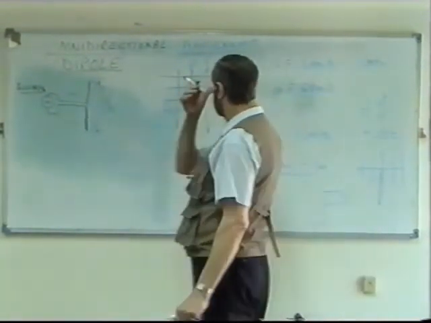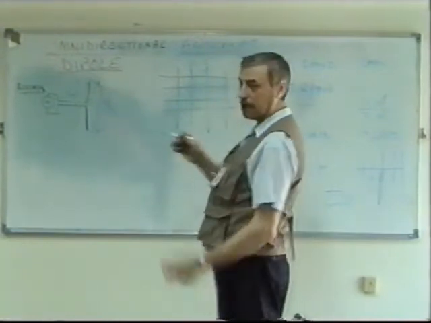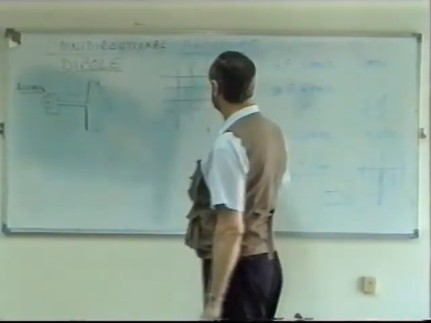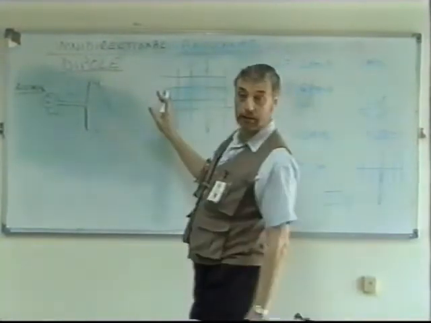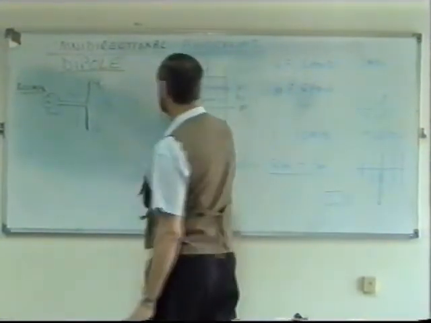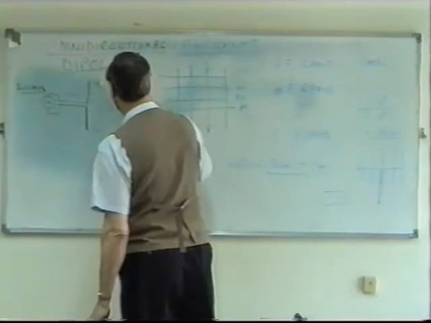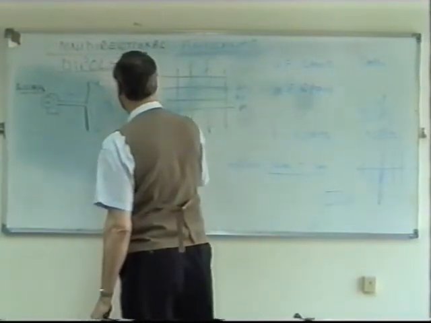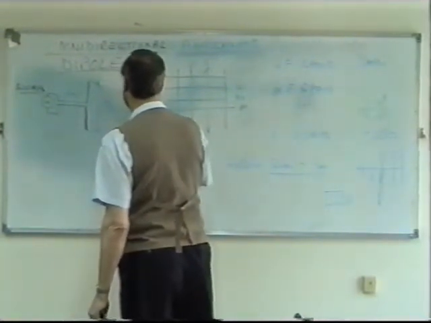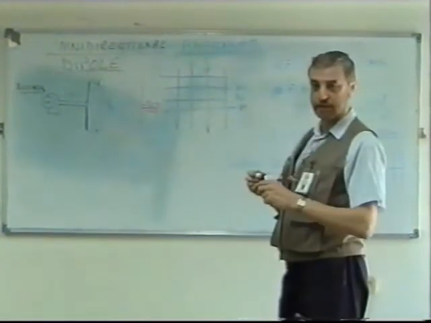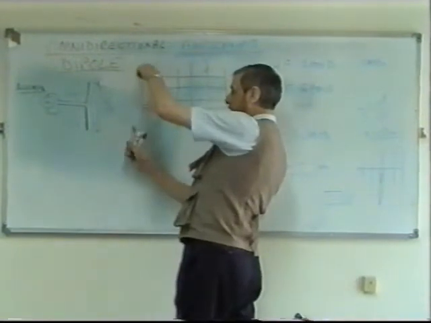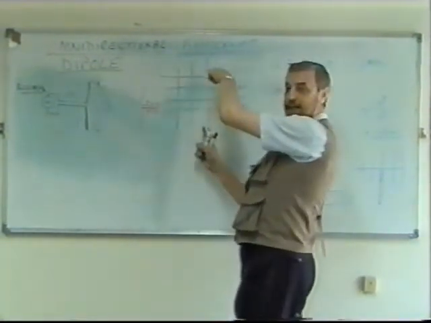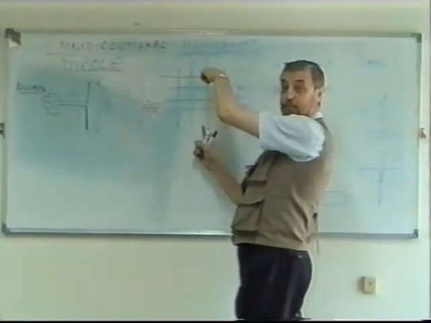I would get a length of conductor, and I would mount it some distance away from the transmitting antenna, and I would connect the middle, in this case, to the receiver instead of to a transmitter. But I would have to make sure that that antenna is aligned exactly the same as